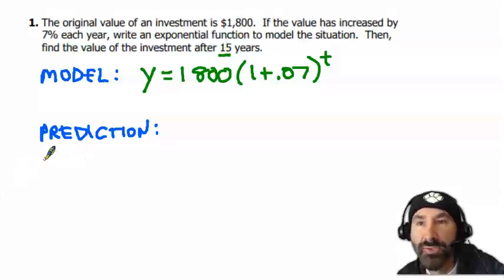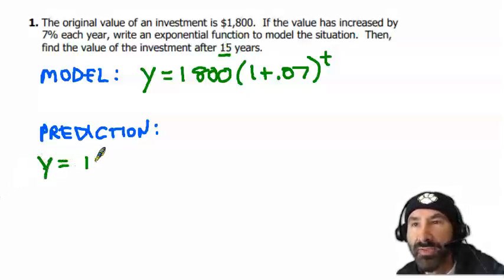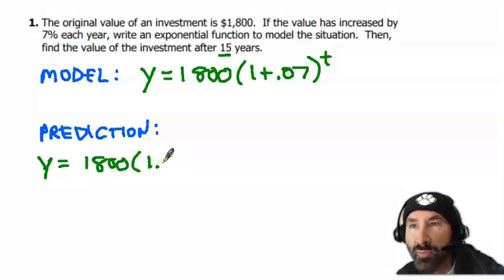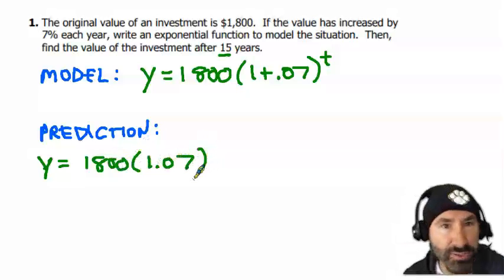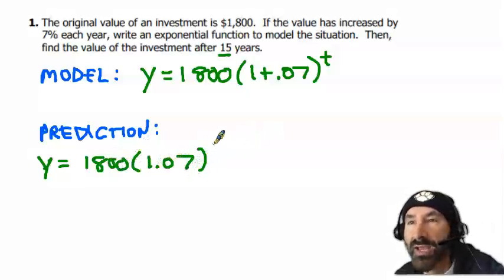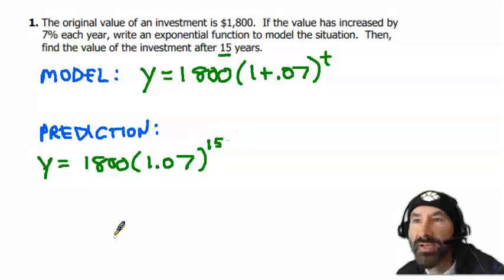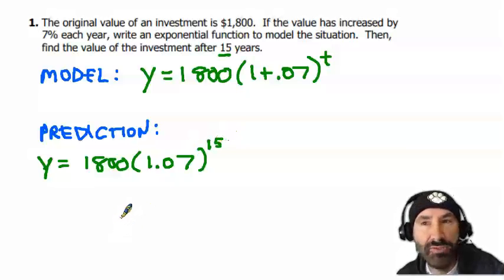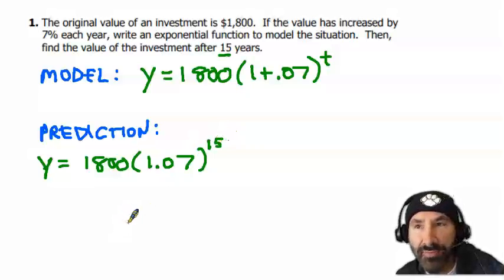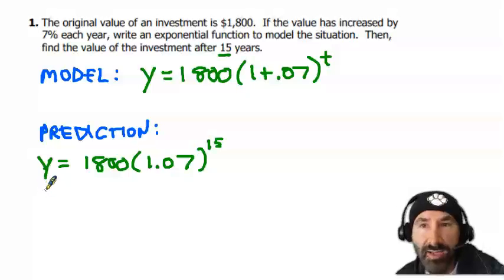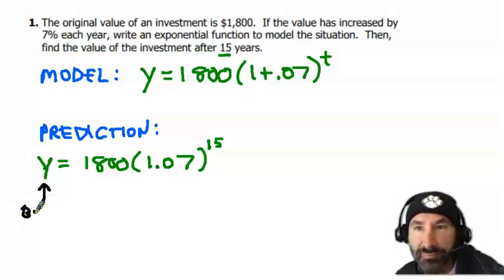years. So we'll say the ending balance, this will be y, will equal the starting amount, 1,800, times 1.07. 1 plus 0.07 is 1.07, and we'll raise it to the power of 15. Now, I have to admit, some people do get this wrong, so it might be nice for us to do this math together. But before I do, I would like to just make real clear, I'd like to define these things. This is the balance